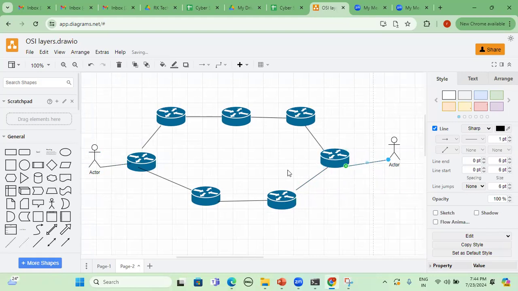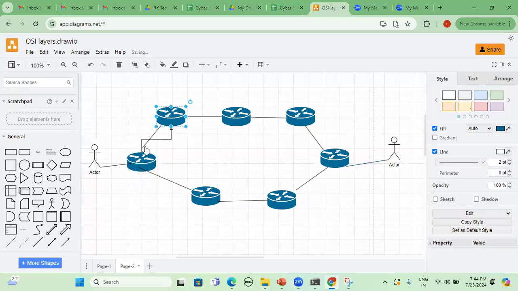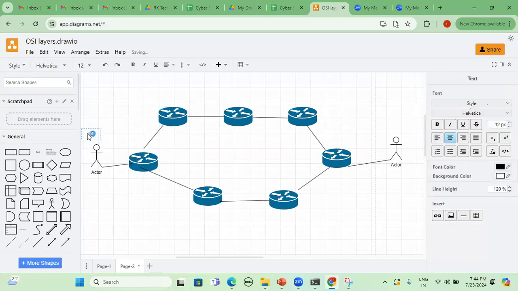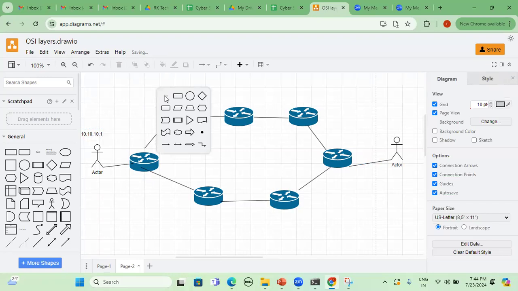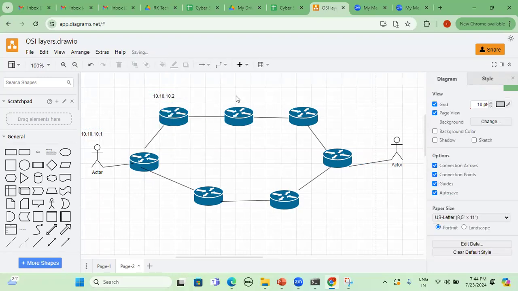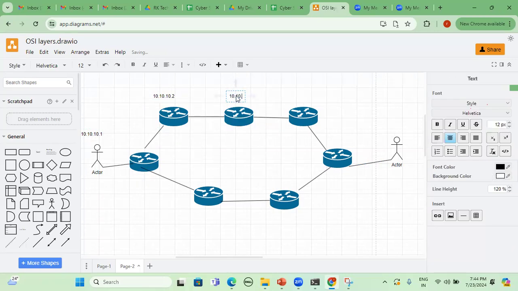Now every router will maintain a router ID, and every device contains an IP address and also a MAC address. A MAC address is called a physical address, and it comes from the NIC card. So here, one end user IP address is 10.10.10.1. This is a private IP address in Class A. This is 10.10.10.2, and this is 10.10.10.3.